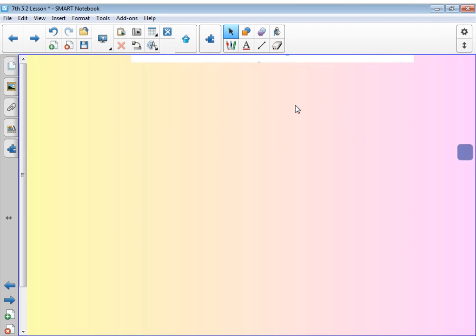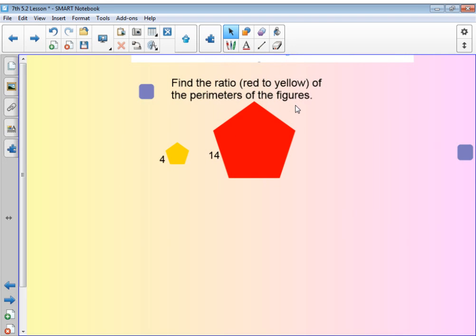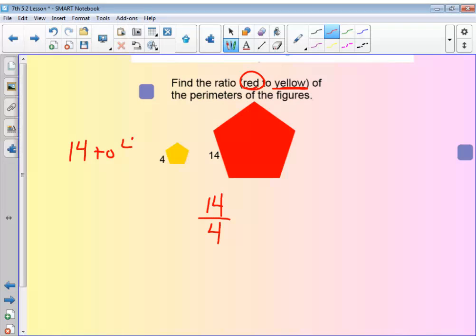Making sure that we are identifying the order that they are asked. Find the ratio of red to yellow of the perimeters of the figures. So keep in mind they asked red to yellow. So we have to do our red first. So our red was 14 to 4. Now, you guys before in previous lessons also did ratios as 14 to 4 or 14:4. The key thing when we're doing this is we want to make sure that we reduce these down